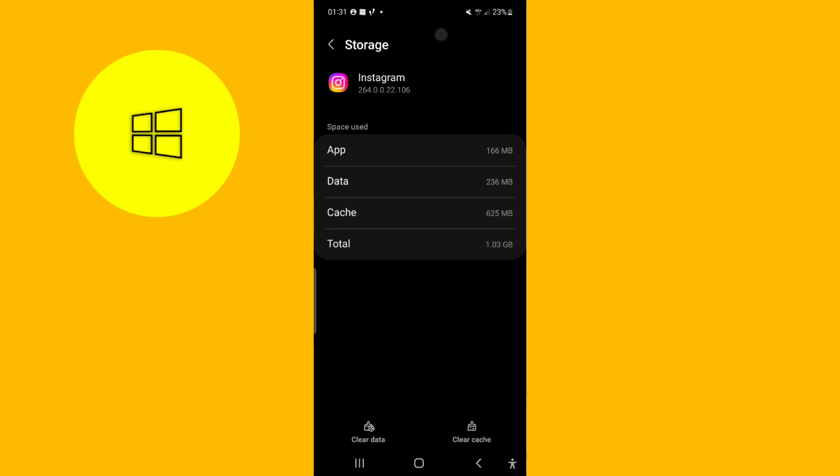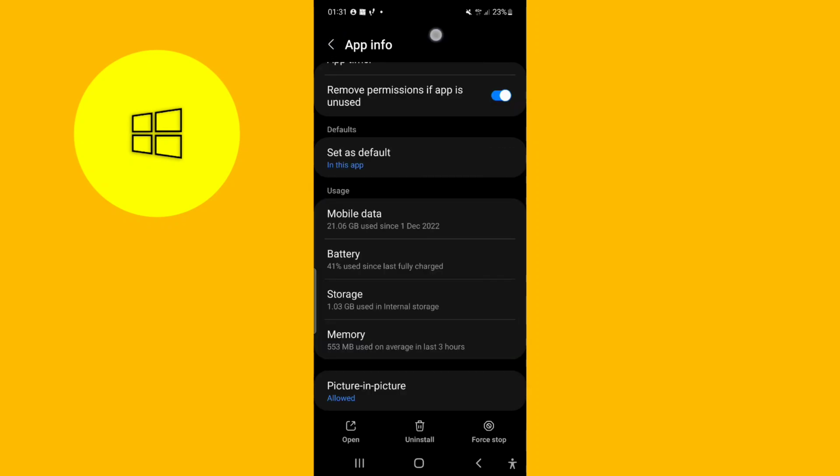Do the other one. After you did that, now go back, and as you can see on my screen, it says force stop. Just press that, and you're going to be